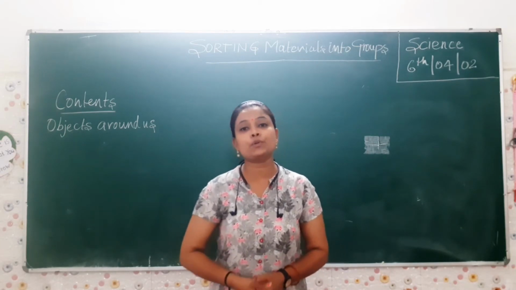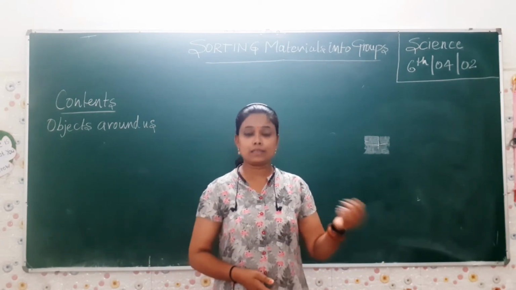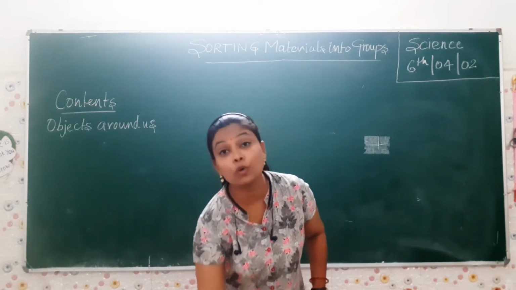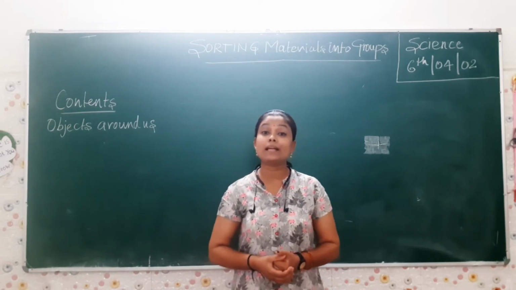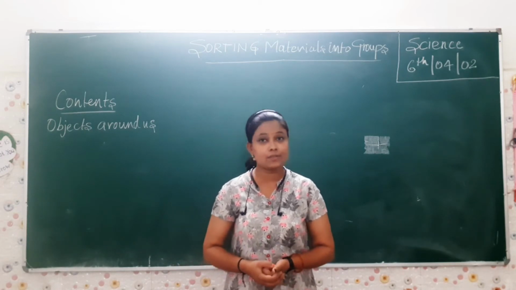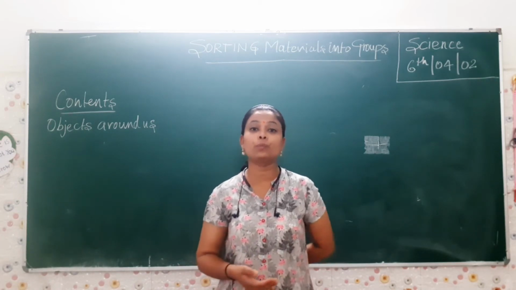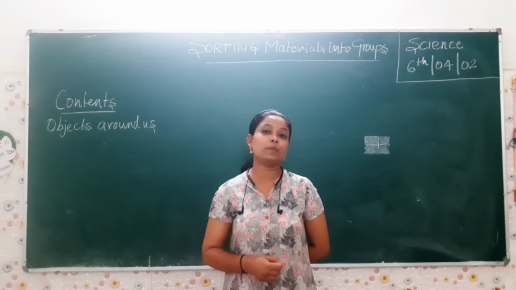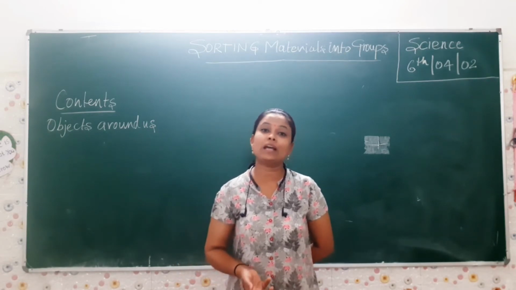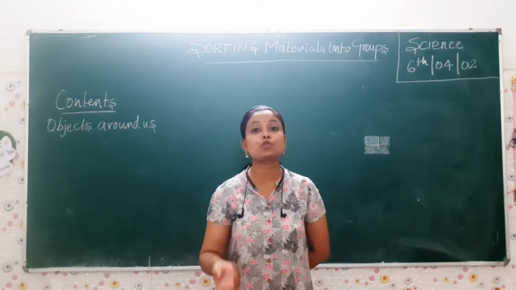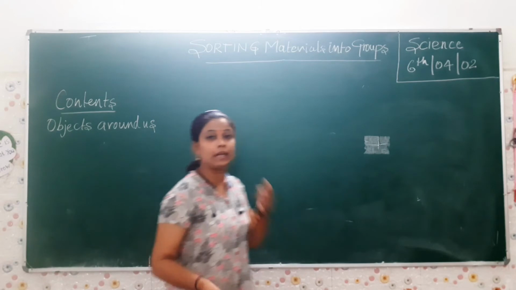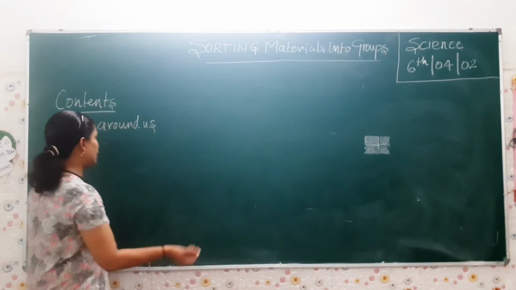What type of objects do you see? There is a tree, there is a duster. If you come to school, you get to see a duster. If you move to your kitchen, you get to see utensils like a glass, a cooker, etc. If you go to your bathroom, you will have a mug, and it is made of plastic. So there are different kinds of materials, and they have different properties too. Is that clear to you? So objects around us is quite clear to you. Let's take an example one by one.